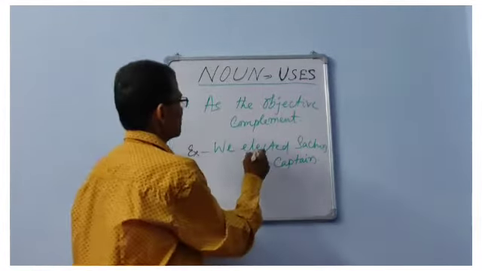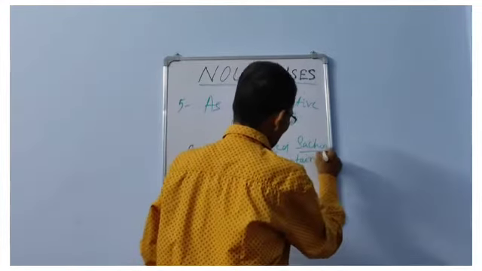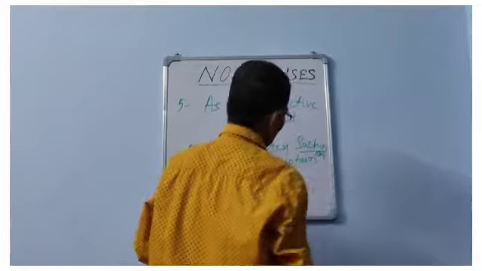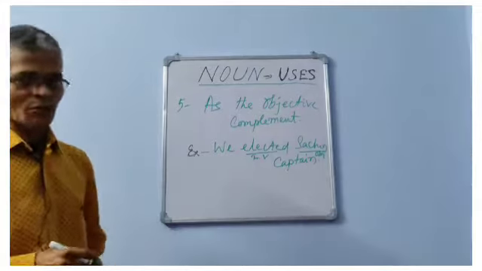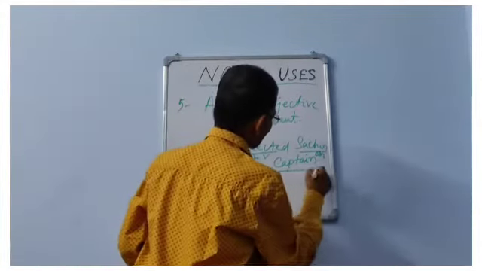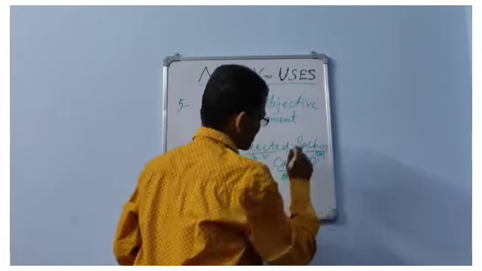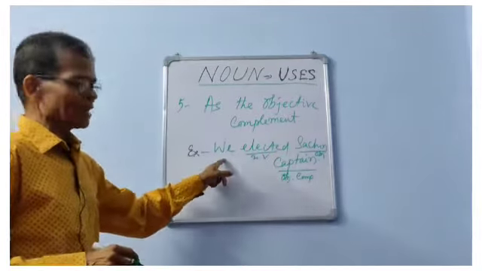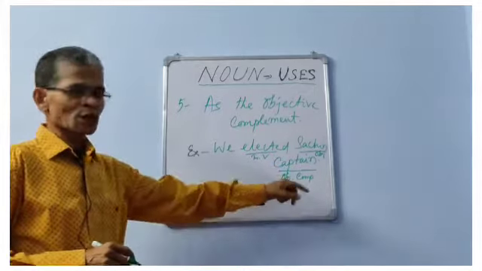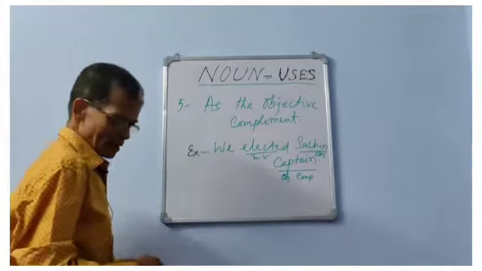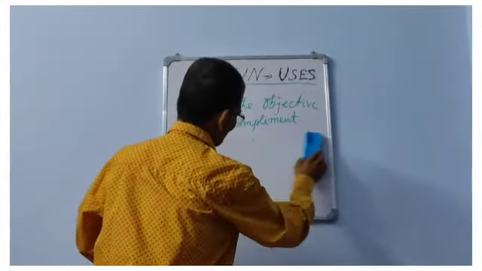Now here we have the transitive verb elected, and here is the object. Now we elected Sachin what? Now the answer comes to complete the sentence, that is captain. This is called objective complement. Okay, we have the object, but this object did not complete the running sentence, therefore we need another word, and this word here is captain, and therefore it is called objective complement. Okay, now we can also take another example of this type as objective complement.